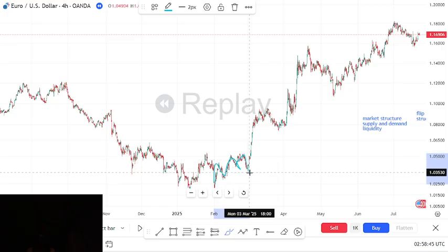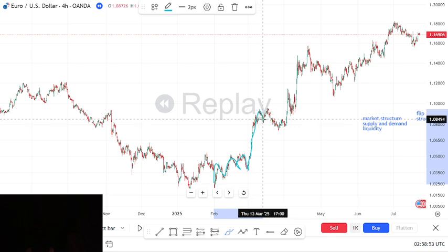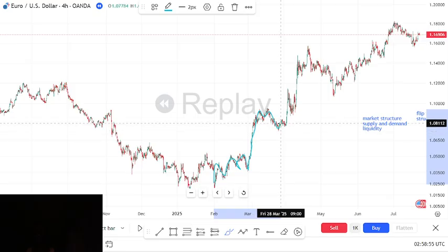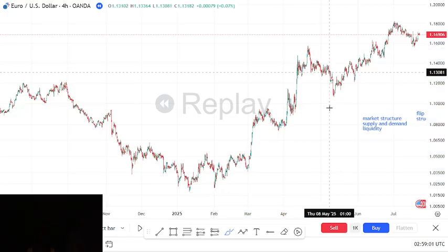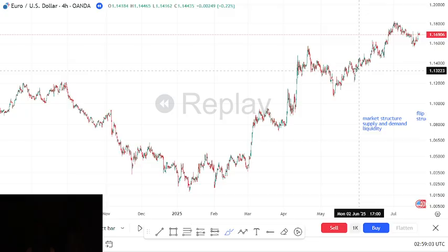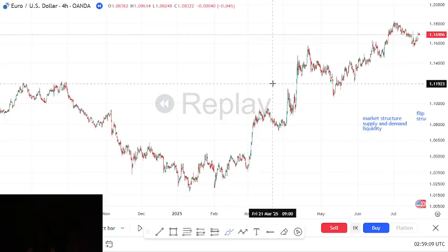Price switched bearish, and then price continued to break this structure to switch bullish. We switched bullish, we continued the move. We started to pull back, right? And then we broke the structure, we pulled back. If I want to be aggressive, I can be aggressive with the structure, or I can be a little bit loose, right, and confirm that, let's say,